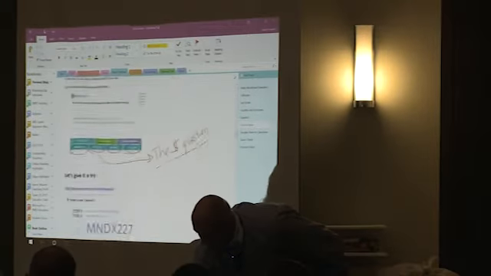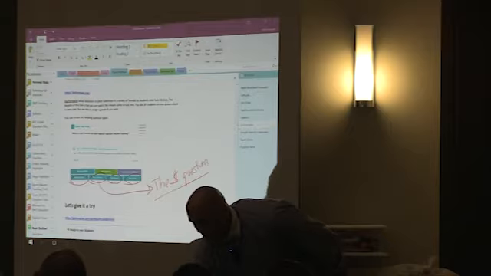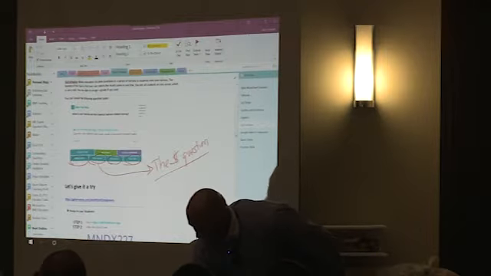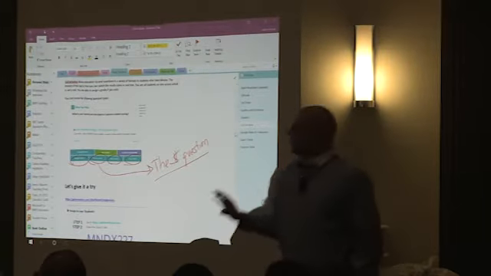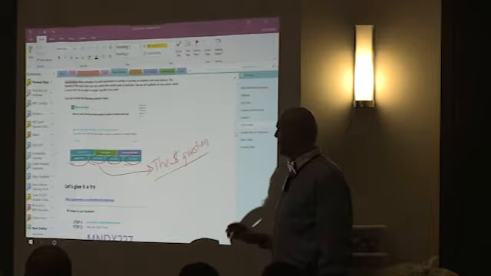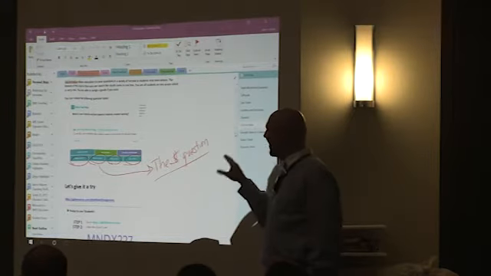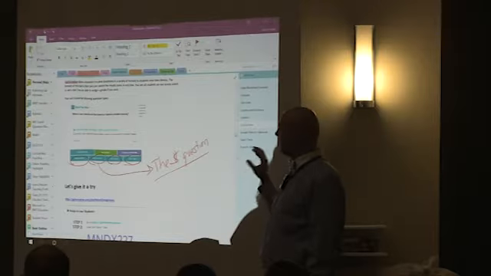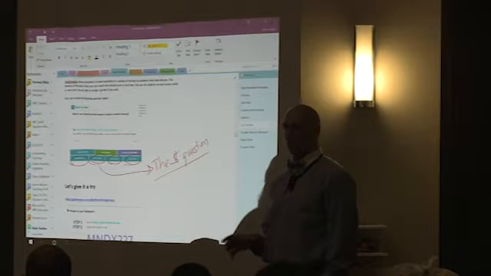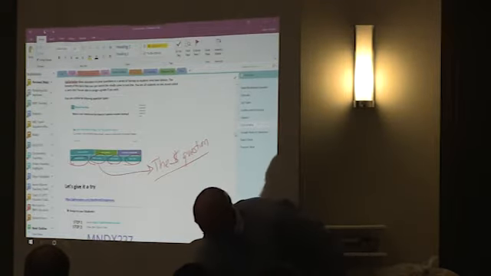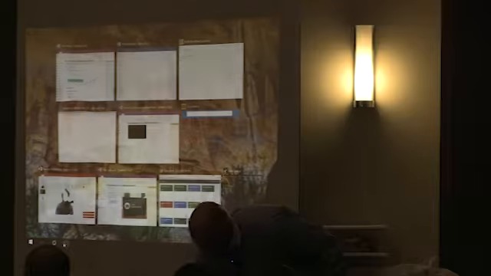GoForm is another nice one. There's a ton of these tools online that work. I was going to have you do this one, but with the Wi-Fi not working. You can create these online assessments, but there's a million that do this. What I like about GoForm is they have an option where the kids can write. So they can document their work. And then what you see as a teacher,